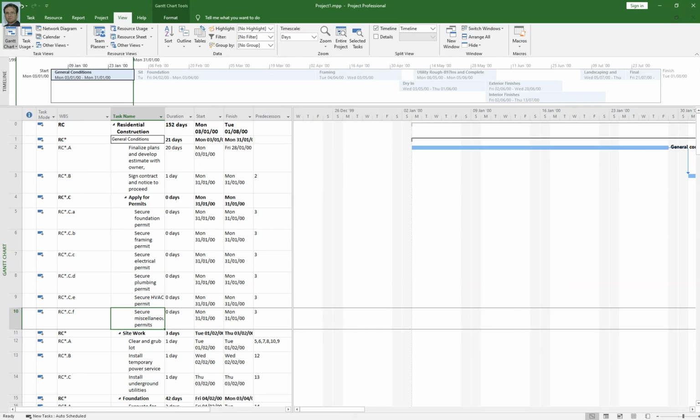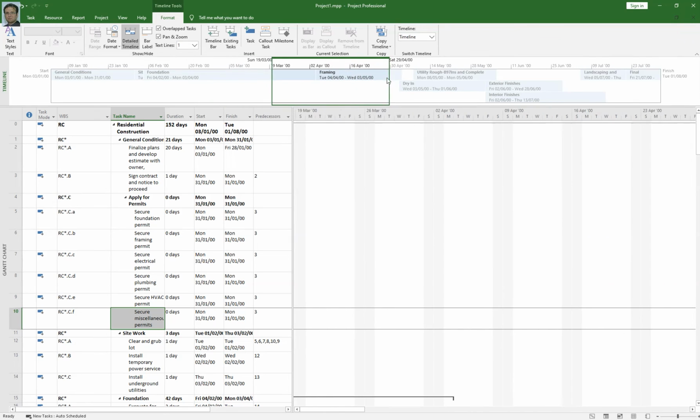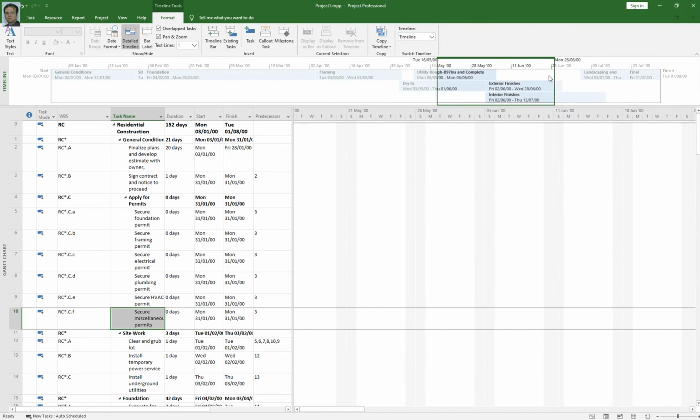Under general condition, this activity has so many different activities and this work will be done in 21 days. Then you have different summary tasks you can see here. So you can give presentations to your project manager or sponsors for summary tasks as well.